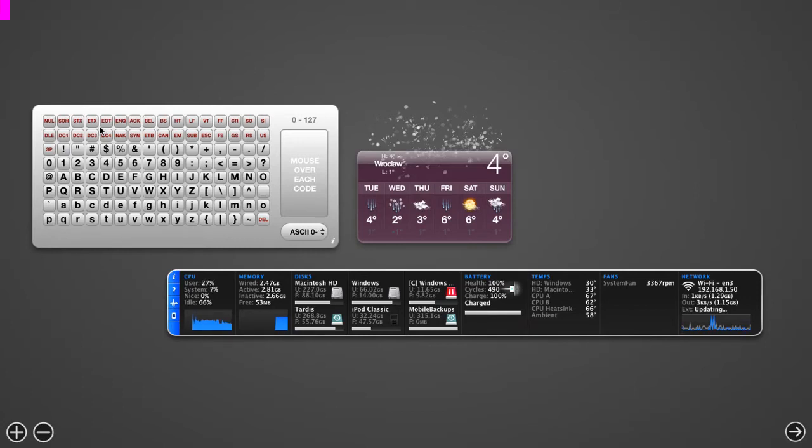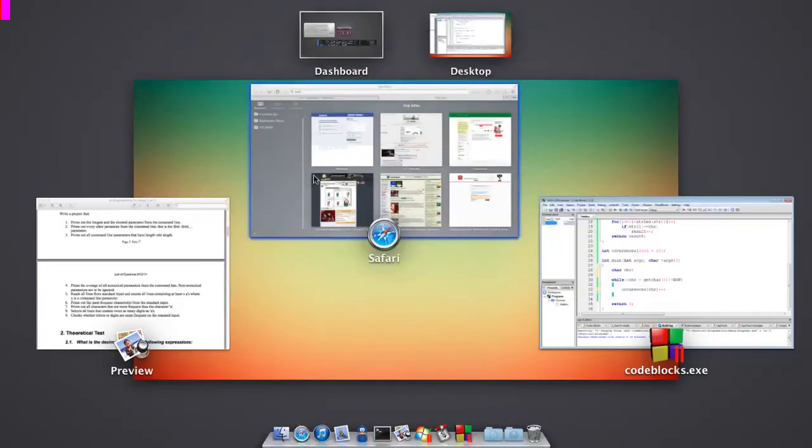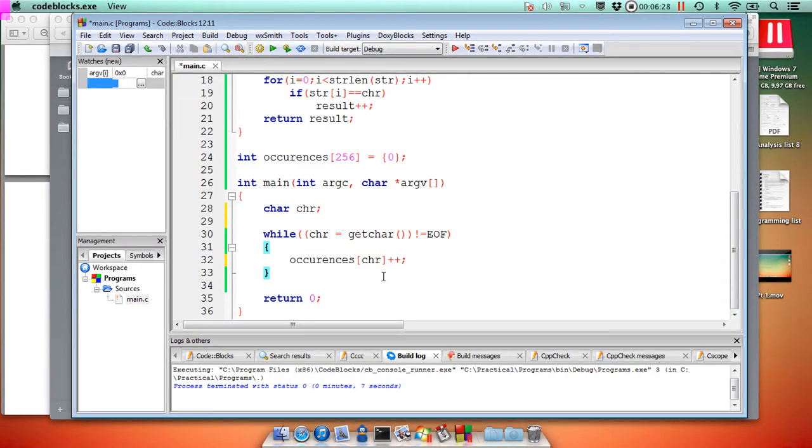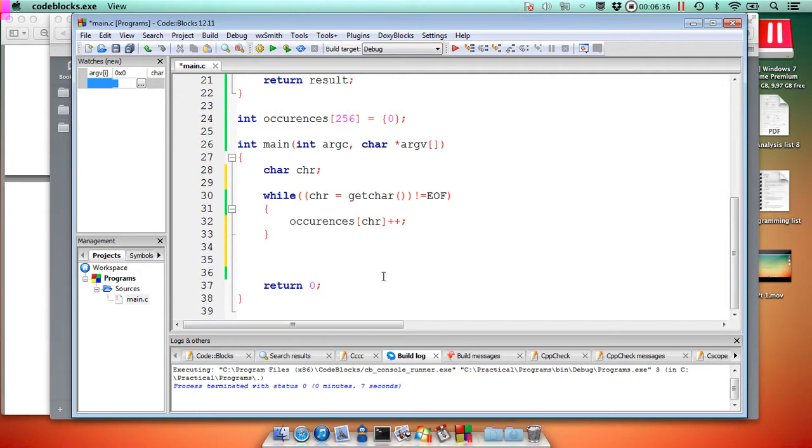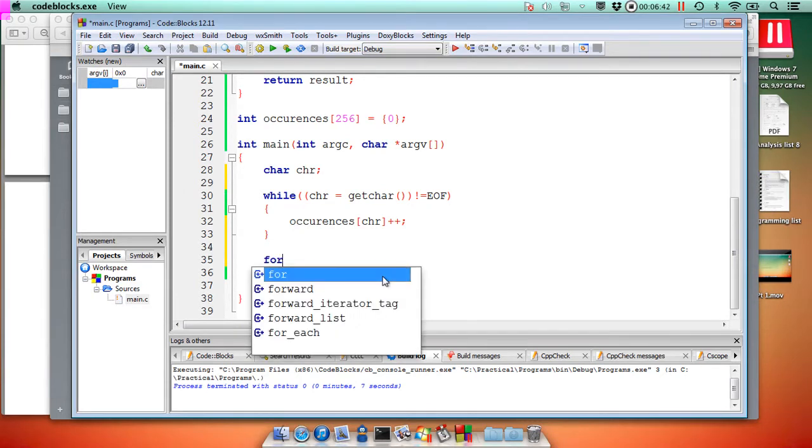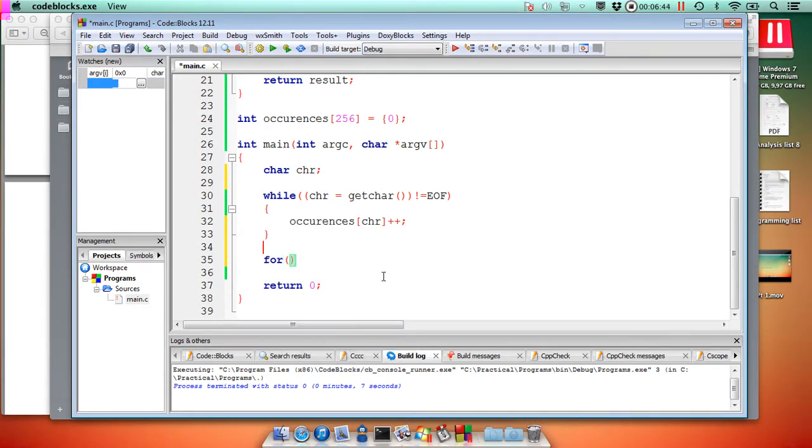Let's get it done. So we counted the occurrences with that simple loop. Now we have to display the most frequent characters. I don't know how many. This is not set. I'm gonna do it with the simpler thing. I'm gonna do it like that. A for loop, and then I need, of course, an integer value, int i. i equals 0, and then i less than or equal to 255, because counting from 0, and i plus plus, and then we're just gonna print